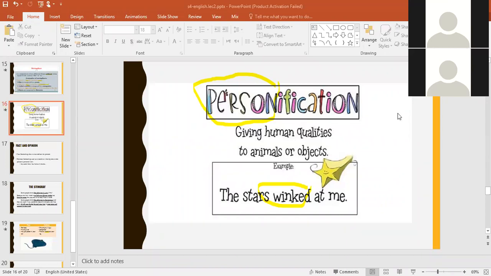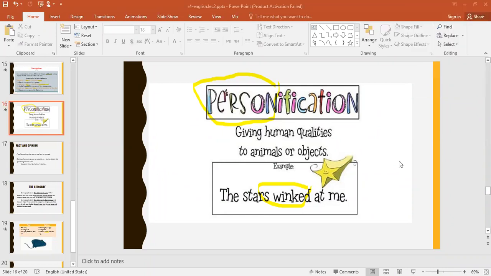Miss Safa, yes. The quiz will be multiple choice, not comprehension. For example, I give you a sentence and tell you this sentence is a statement of fact or opinion. You have to just choose the correct answer. Or I give you a sentence and ask: is this a simile, metaphor, or personification? That's it. Very simple, very easy. So don't worry. I know you can all do it. It's very easy, very simple, but because it's our first online quiz, I don't want it to be that difficult.